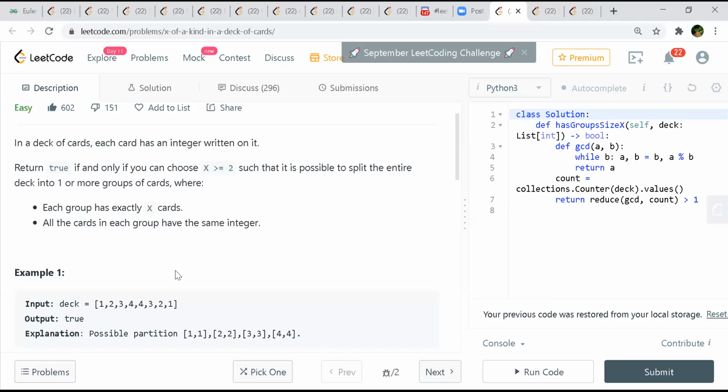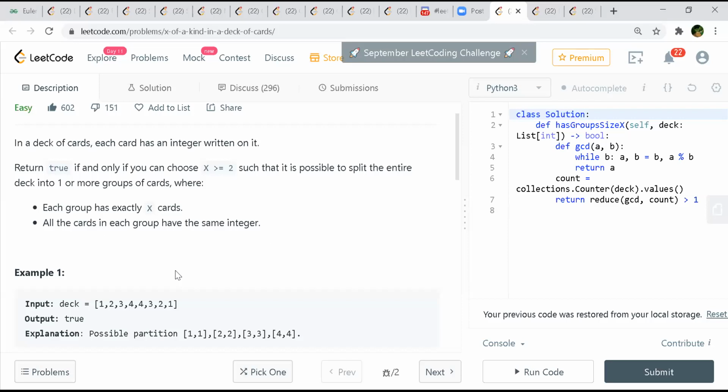But in the hash map, suppose for the 1 the frequency is 2 and for the 2 the frequency is 4. So are we still doing the computation there? Means modulo. In that case it will be false, right? No. That is true because we can form three groups, each of the same size. As 1 occurs 2 times, the first group will be 1, 1, the second group will be 2, 2, and the third group will be 2, 2. Yeah, that's correct. Oh, okay. I never thought of that.